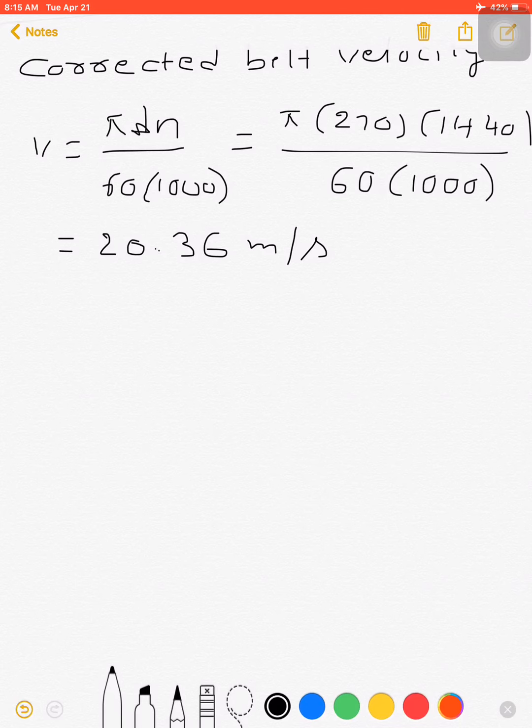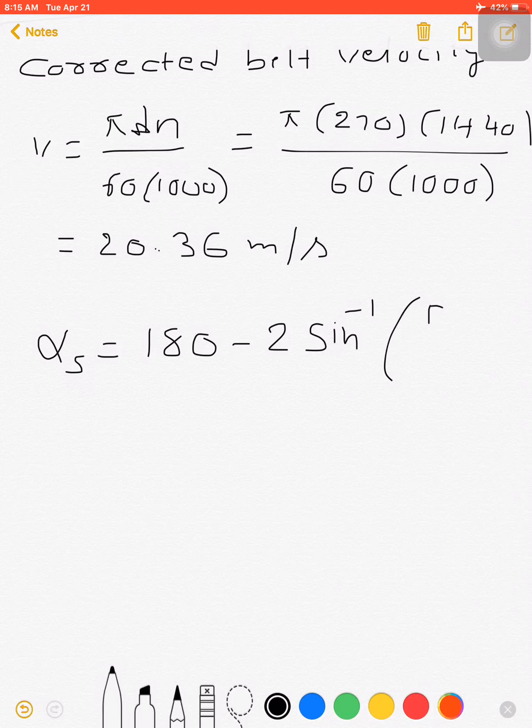Next, alpha s is 180 minus 2 into sine inverse of (capital D minus small d) by 2C. Here you have to substitute all the values. Capital D value is 810 and small d value is 270. If you substitute all these values, you will get alpha s value